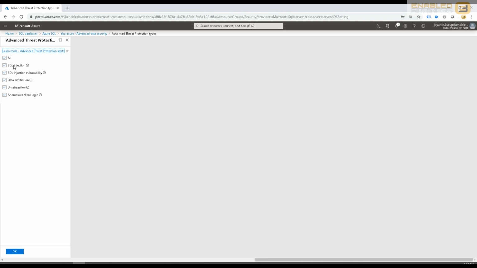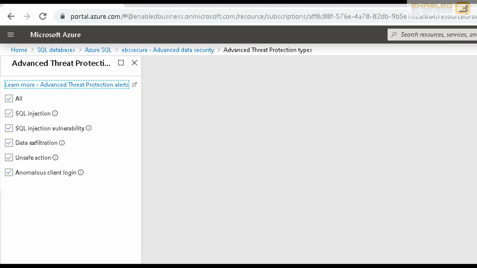You'll see that by default we've got SQL injection, and SQL injection vulnerability basically goes through your code to identify if there is a possibility that SQL injection can happen. Data exfiltration is obviously when someone is extracting data from your environment. Unsafe actions could be any kind of action that compromises the security, such as granting unnecessary privileges or using weak